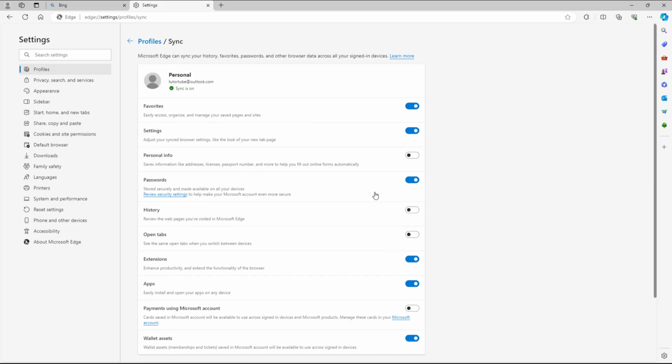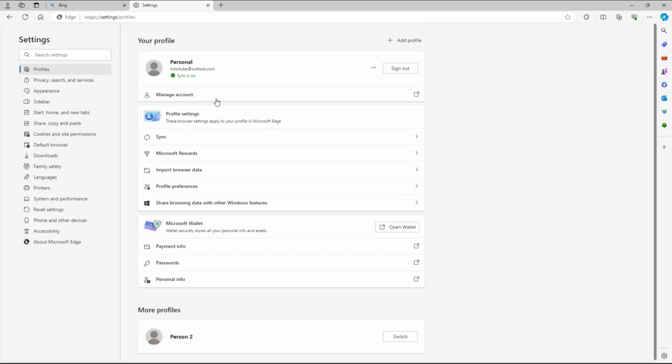And that is how you can choose what to sync and what not to sync with your Microsoft account inside